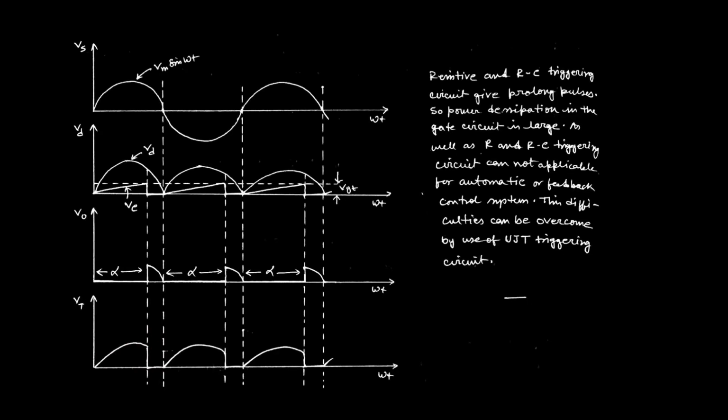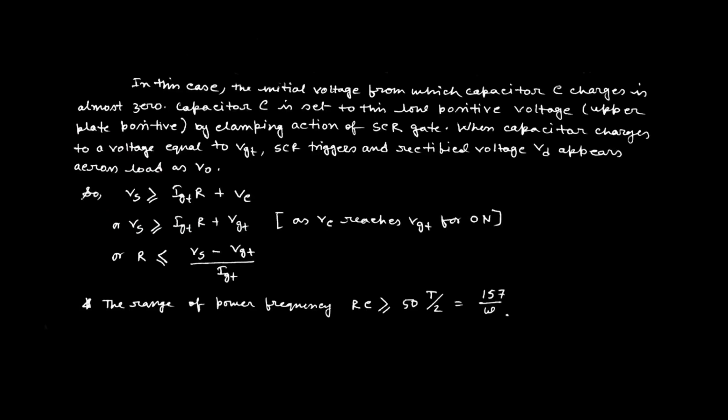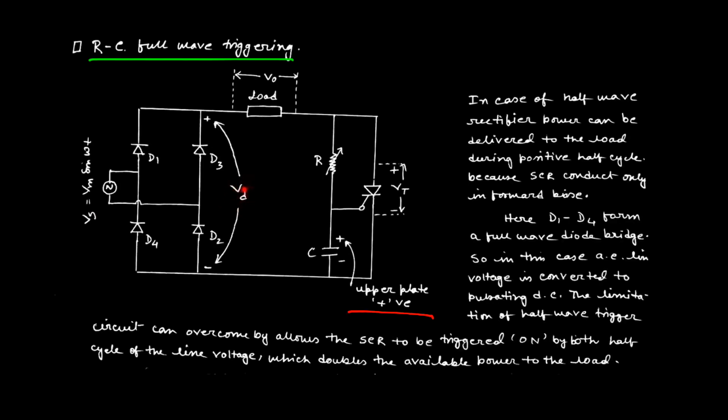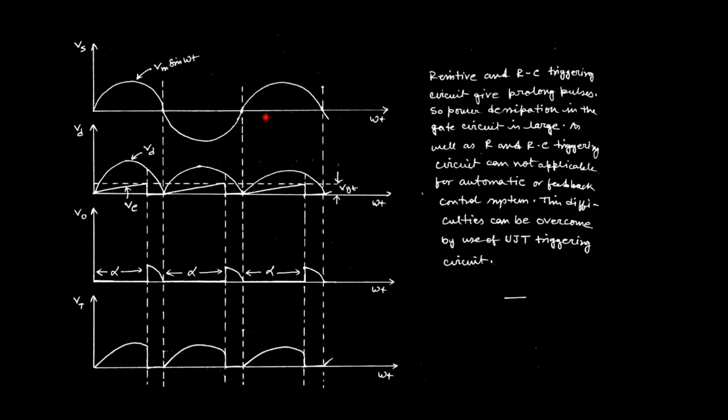Okay, now one thing, what are the changes between these two axes, defined by VS and VD. VS is the supply voltage and VD is the output voltage of the bridge. This supply voltage is periodic in nature as it is a sinusoidal wave, but this is pulsating DC, the rectified output from this bridge circuit. That is why there is a difference between the two waveforms. This is the supply voltage and this is the voltage output from the bridge circuit. And this is the output voltage waveform and this is the waveform of the voltage across the switch.